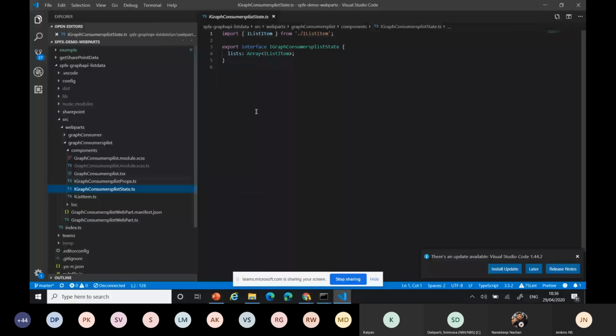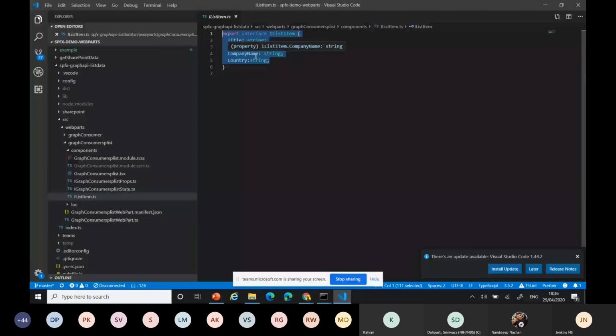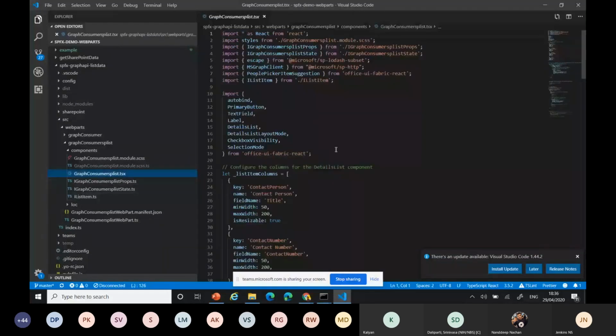From there I can create two states. One is to get back my values into my array, and one is for the columns I want to bring. Two interfaces I created: one is title, contact number, comment. It's all just from a list I have. I mentioned that. Then I go here. What are the styles you want, you can add. I bring the props and state here.